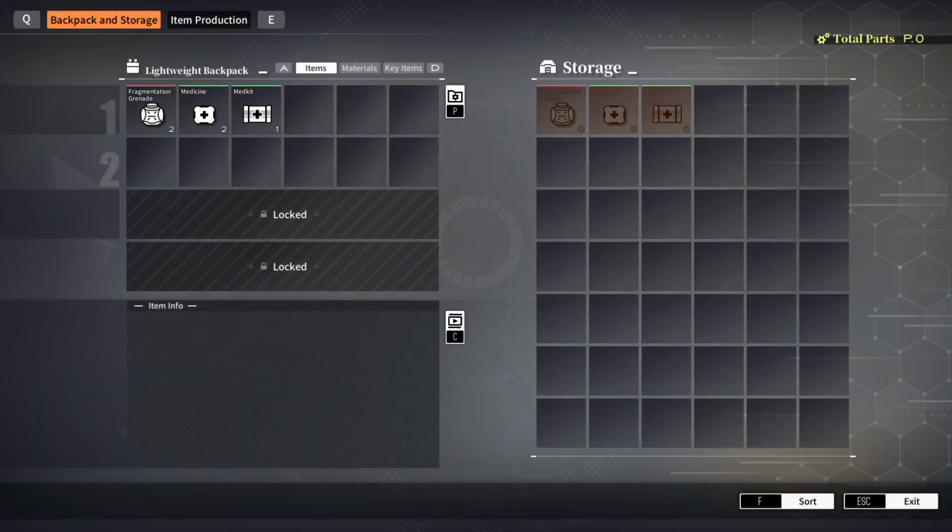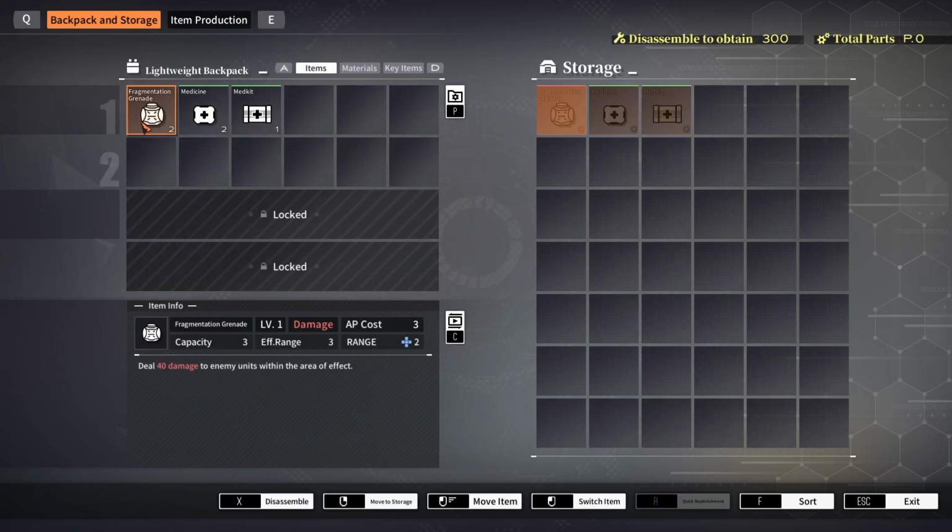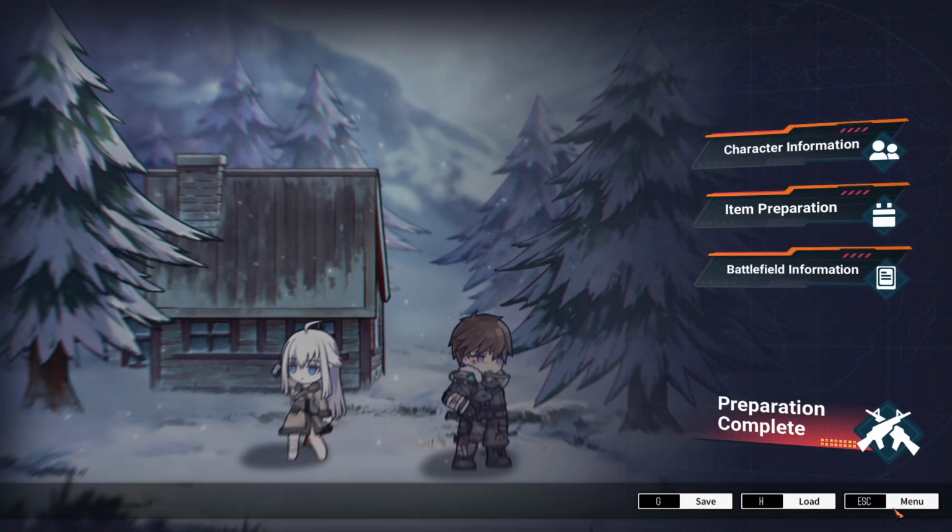This is something to remember to do on a regular basis. Hey, look. We have them automatically. They're just produced right here. We have 2 fragmentation grenades, medicine, medkit, disassemble, move to storage, switch items, sort. We'll keep them on our person because I'm pretty sure it's going to be worthwhile to use them in the